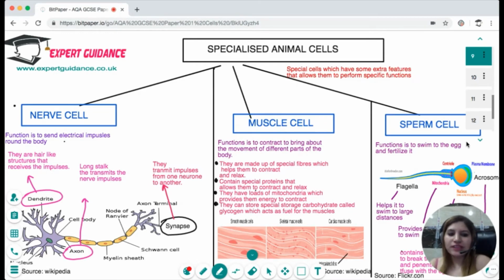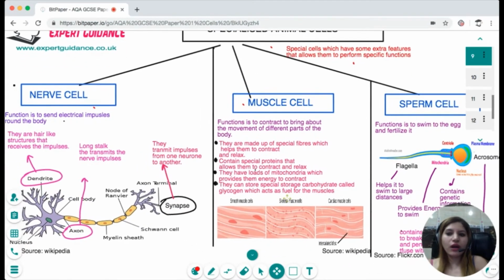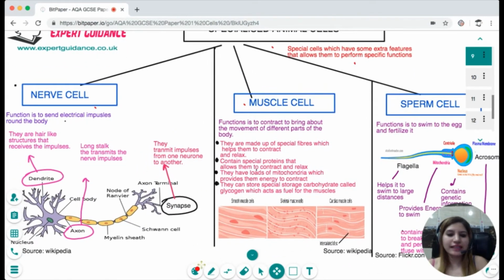Now, what are specialized animal cells? Specialized animal cells are those cells which have some extra features that allow them to perform specific functions. Now, what do you need to do for each of these cell types? You need to know the functions of each of these cell types, and depending on the functions, what